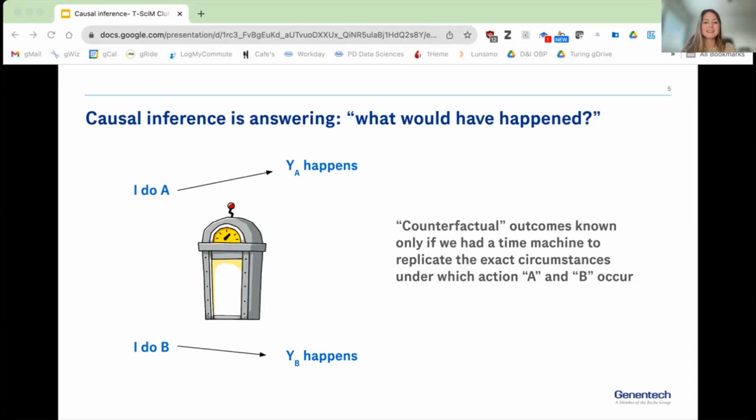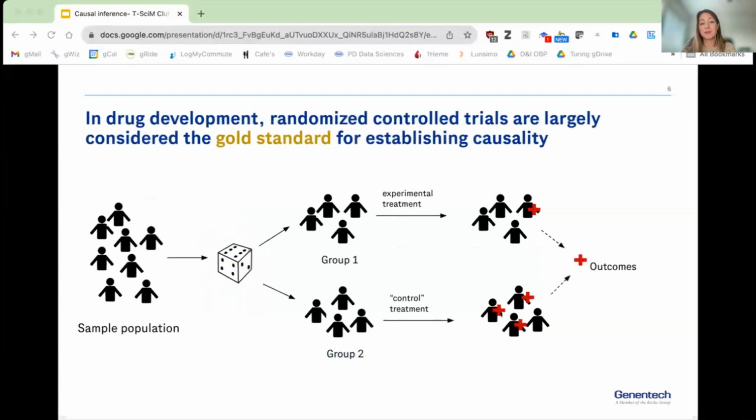They say that the ideal way to actually do causal inference is with a time machine, to turn back time and replicate the exact conditions under which each action was taken. Of course, we don't have a time machine, but we do want to know if medicines help sick people get better. So in the world of drug development, randomized controlled trials, or RCTs, are really considered the gold standard for